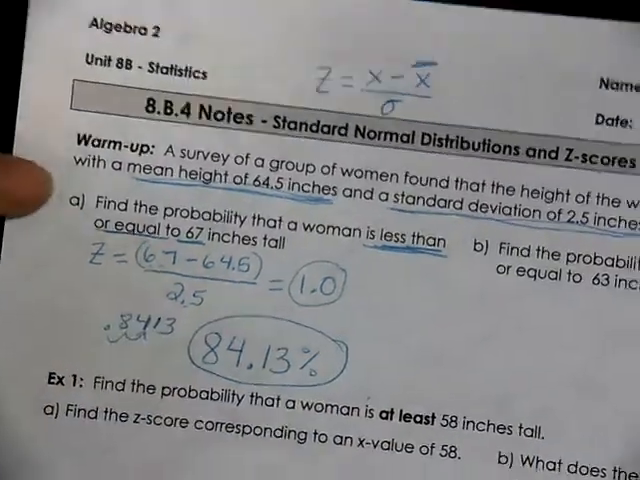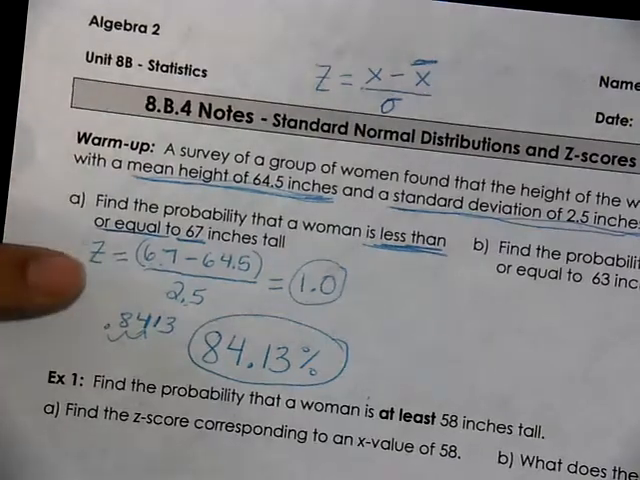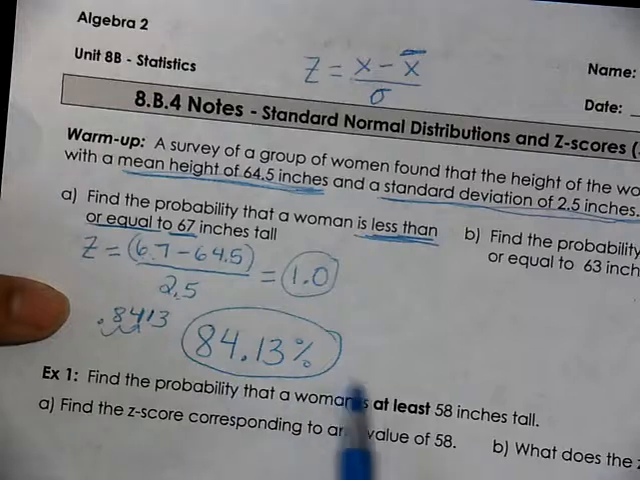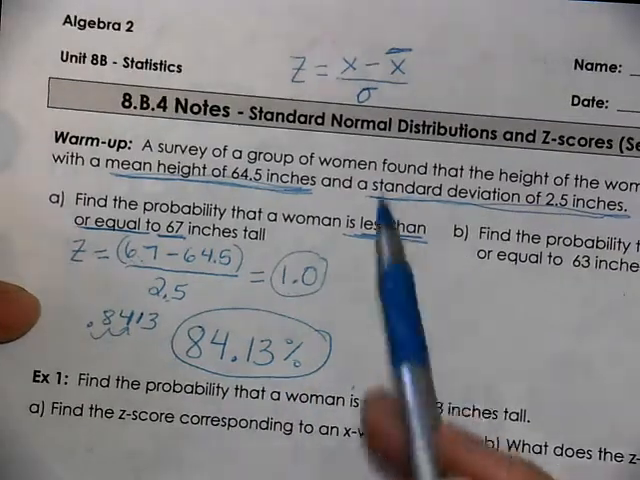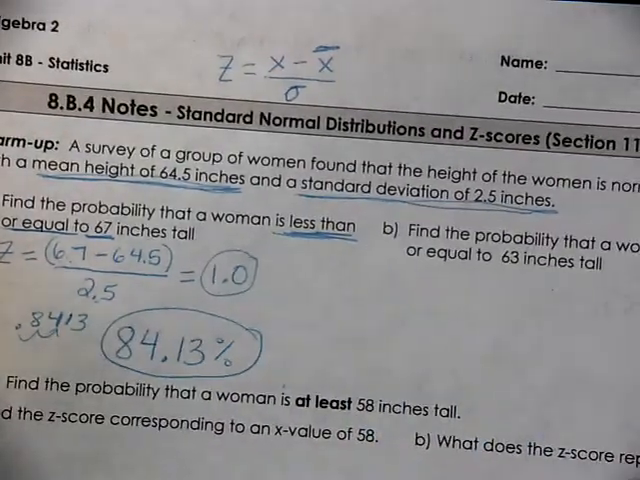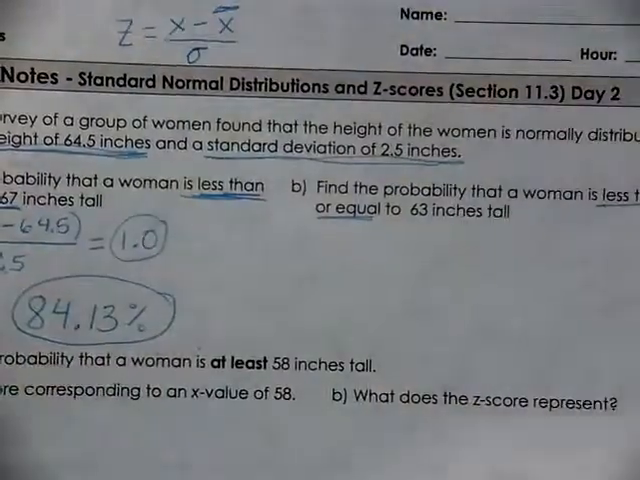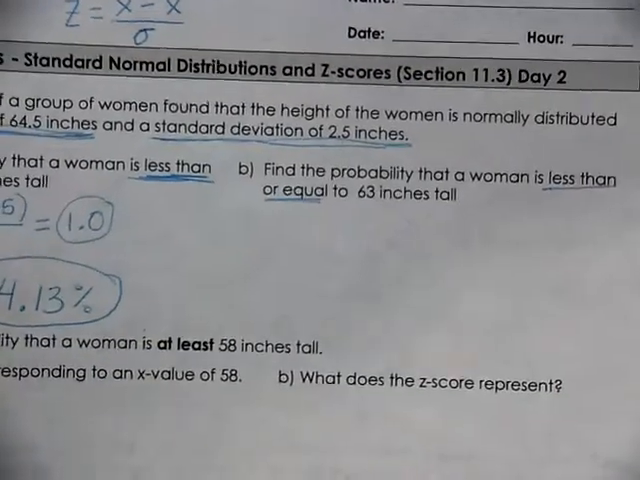So the probability that a woman is less than or equal to 67 inches tall in this scenario would be about 84.13%. And that's how we come up with that first one. Now another example, same idea. It still says less than, because that's all we've worked with so far. You will see what happens in a couple of minutes with greater than scenarios, but for the less than you